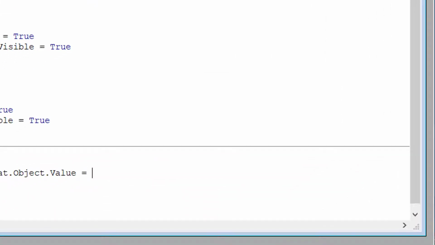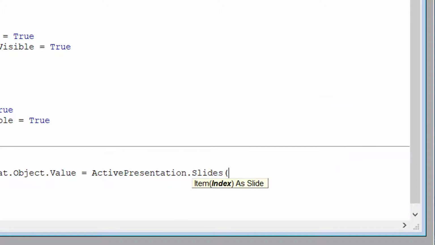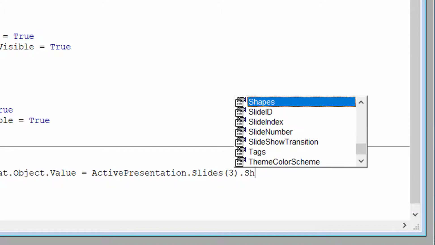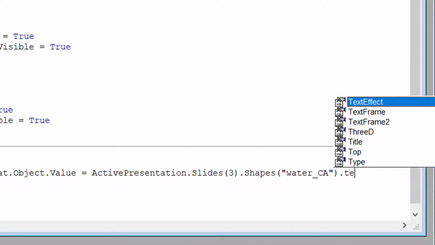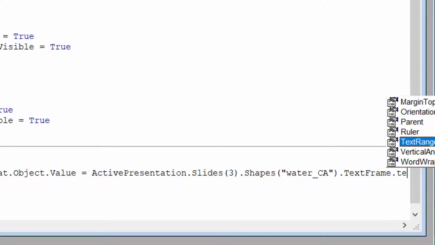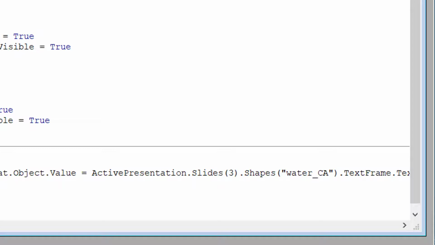So we're going to write ActivePresentation.Slides(3).Shapes("water_CA").TextFrame.TextRange. Okay, so we have this piece of code. If user answer is equal to correct answer. And so now